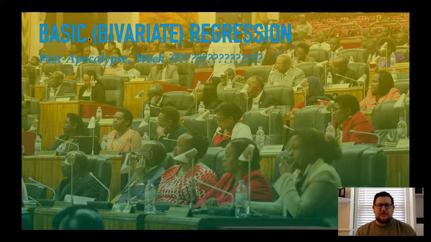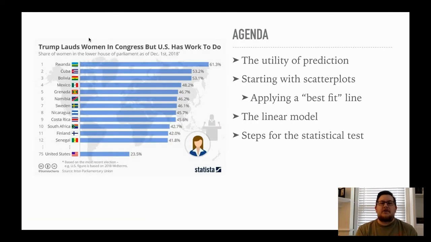So the color scheme for today will be the colors of the Rwandan flag, this blue, green, and yellow. And of course, the music at the beginning and end of the slides will be by a Rwandan recording artist named The Ben. So if you're interested in that, certainly check him out. Cool. So moving on. Here are the topics for today.